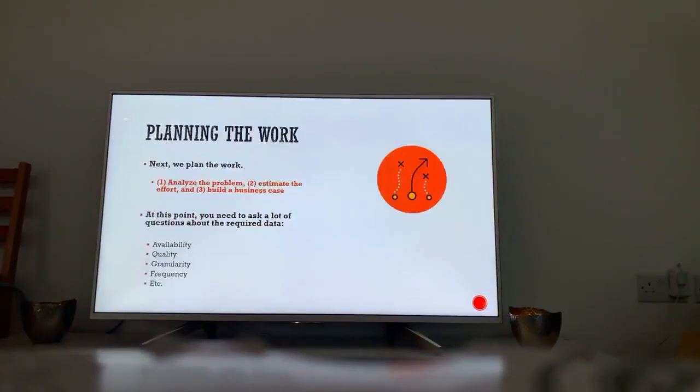The next thing we'll want to do is to plan the work. So we do some research on the problem, we maybe estimate the effort that's required to do the analytics on it, and then we'll build a business case to get support from our leadership or whoever's asking us to do this. And I know sometimes in the excitement of doing the analytics, we can sometimes skip this step, but I think it's important